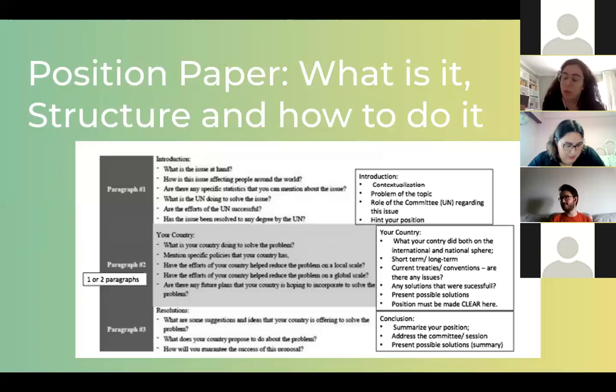What is your country doing to solve the problem, or does it have the problem, or does it have a problem that can be